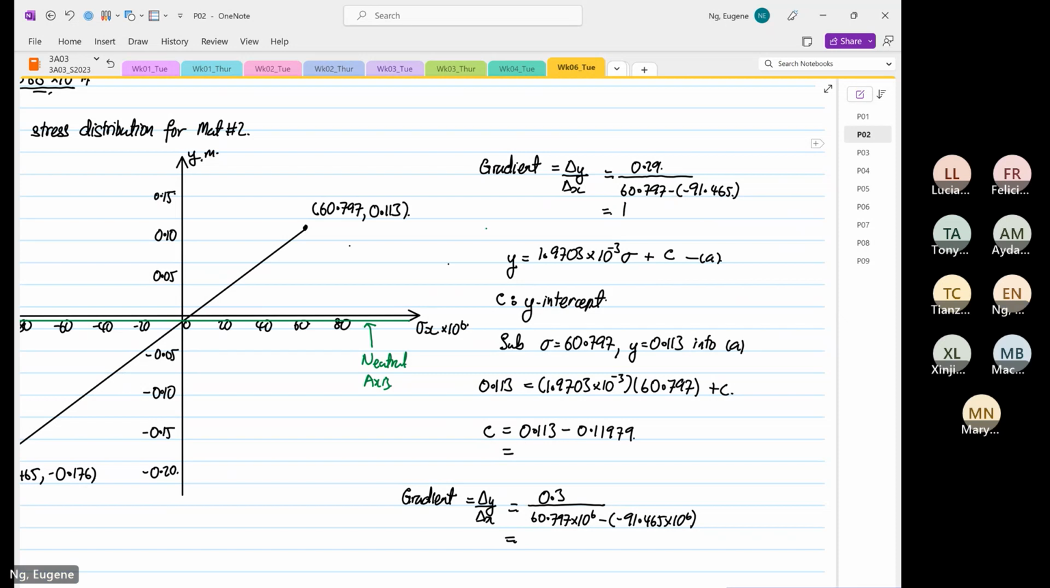1.905 times 10 to the power minus 3. Okay, so now this is 1.905 times 10 to the power minus 3. Now, let's see where I get it. 1.905 power minus 3. That's 60.797 is equal to, wait, 0.11582. Okay, so 0.113 minus 0.11582 is equal to minus